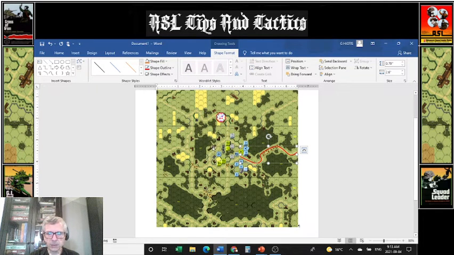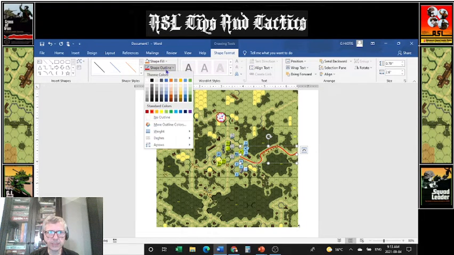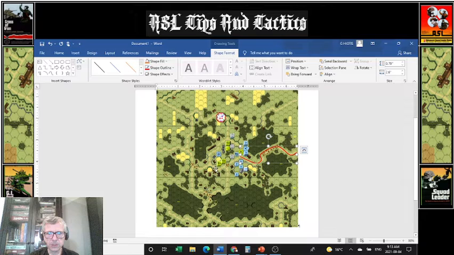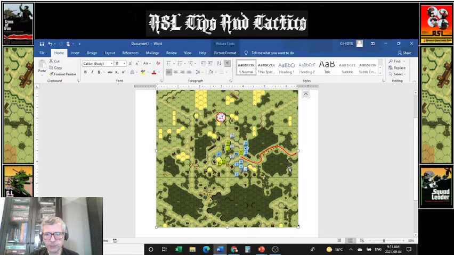And then, well, you're going to say, this is dull, it doesn't have any arrows. All right, great. So let's add a couple of arrows, go to shape outline, dashes, arrows, and you can select any arrow you wish. There you go. And it put it in the opposite direction. All right, so